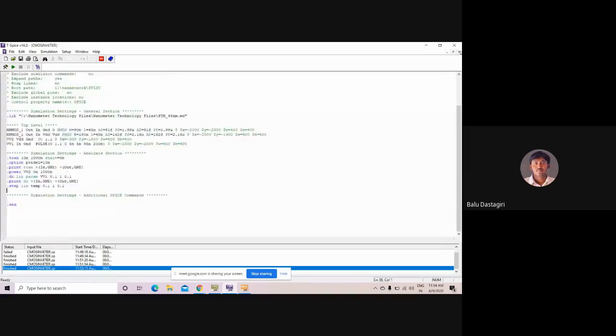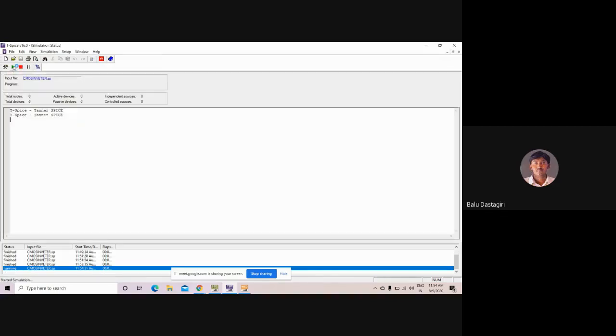Now if you vary the temperature, for example, for every 10 degrees centigrade, I have to vary the output. So from 10 to 50 degrees, I am varying the temperature.